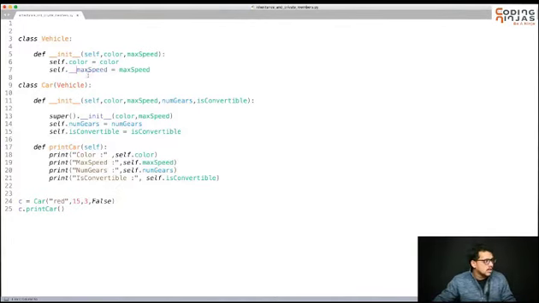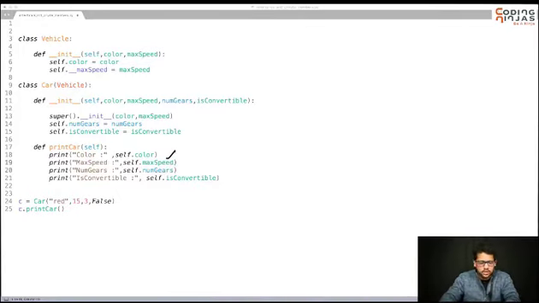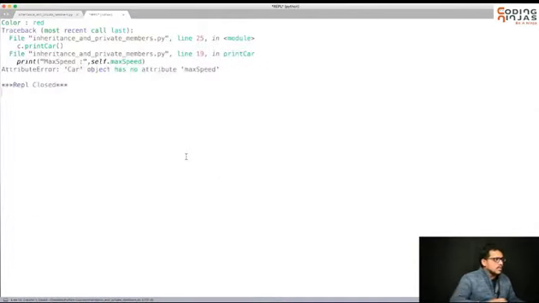Something like this. Now my self dot underscore max speed is this. I'm just calling super dot init with max speed here. I'm printing a car, and I'm using self dot max speed here. So what do you think will happen? Let's quickly run it and see. If I try to print car, using max speed, I think this will give an error: car object has no attribute max speed.